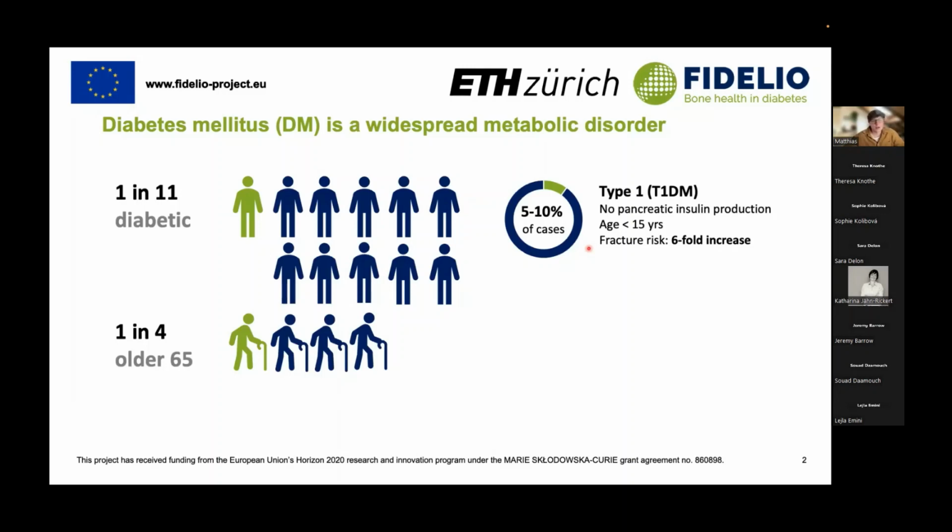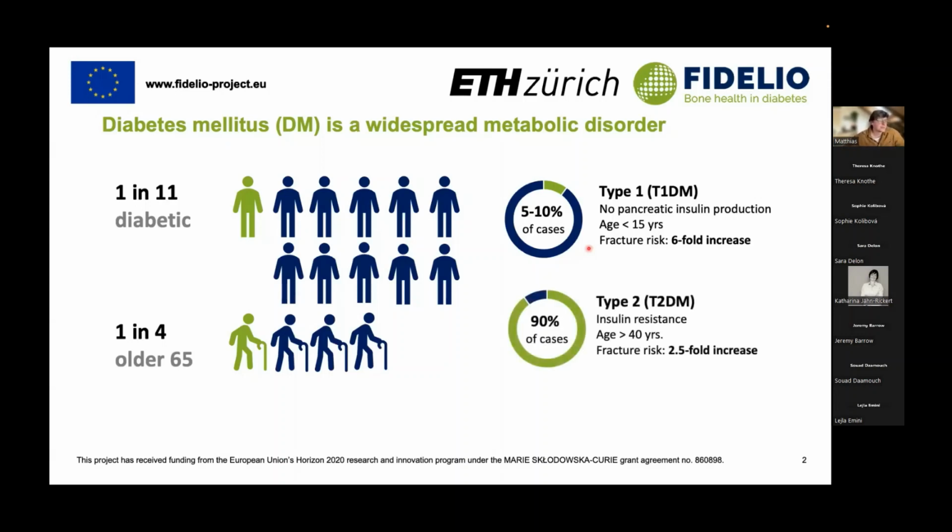These patients are usually younger, debuting during adolescence, so age 15 onwards. Type 1 diabetes makes up 5 to 10% of the cases, and these patients show increased fracture risk of about 6-fold. Then type 2 diabetes makes up around 90% of the cases, and here patients develop an insulin resistance